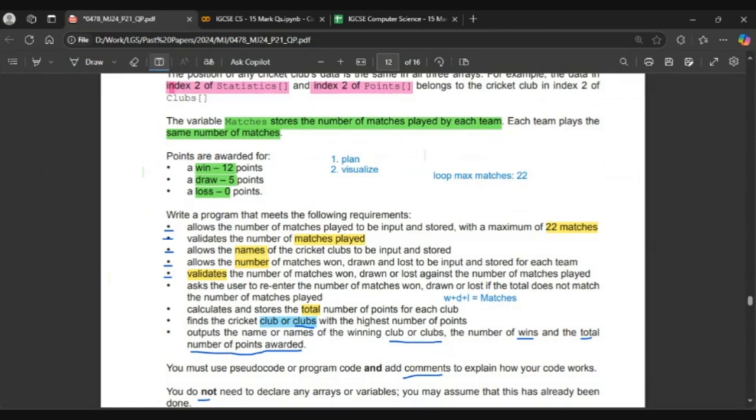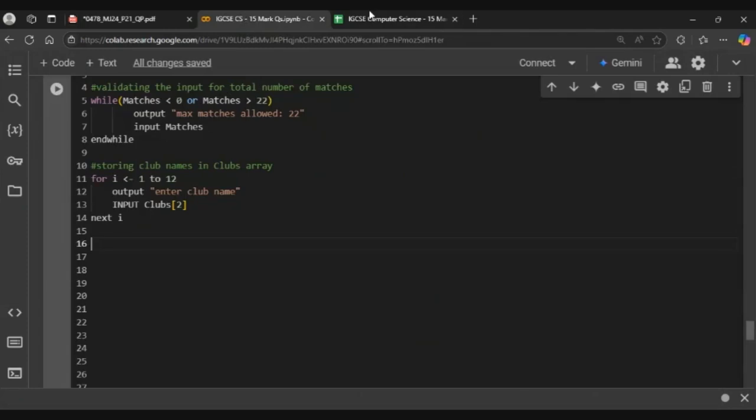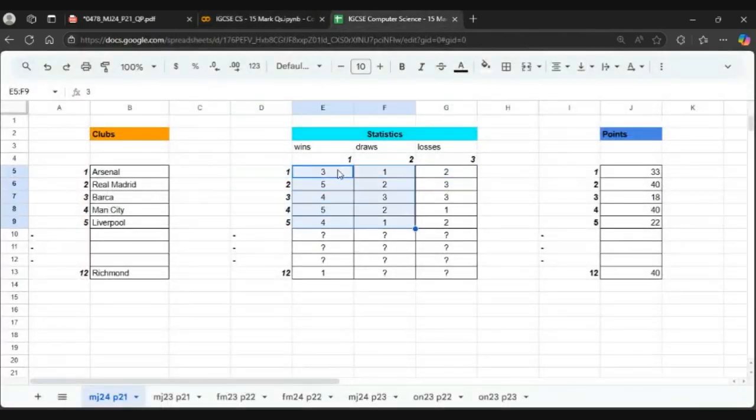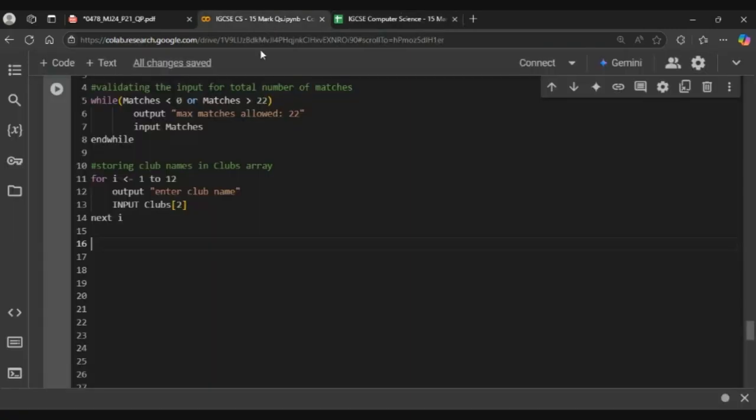So now in this case, we need to actually go through our array, because we need to save these statistics as well. Again, the array is filled with dummy values just for the sake of planning this code. Otherwise, it would be empty. So we need to take values one by one. In this case, we do not need a nested loop because we do not want to iterate through the whole array row and column wise. We can just go to each row, and because we know we need to save wins, draws and losses at 1, 2, and 3, we can just use those values directly. Also, we could have done this in the same loop where we enter the points, but it's totally up to you. Okay, now we are going to store stats and